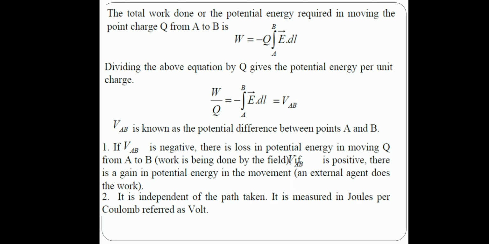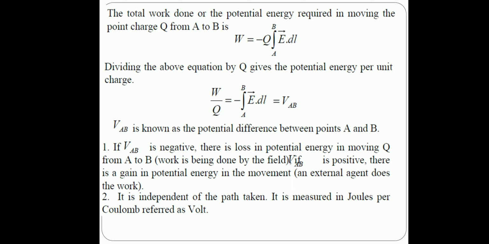So we can say that the electric potential is the work done to move a charge from infinity to a point. That is called the electric potential. The electric potential is defined as the work done in order to move a point charge from infinity to a point. And the expression for the electric potential between points A and B, where A is the initial point and B is the destination, is minus the integral from A to B of E dot dl.